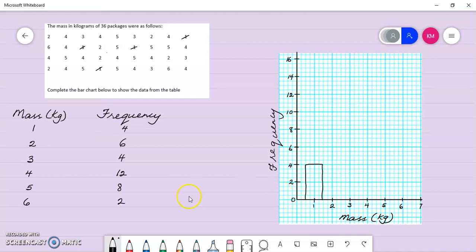My mass 2 has a frequency of 6. So I have to draw another bar that goes up to 6. My mass 3 has a frequency of 4. So at 3, I have another bar